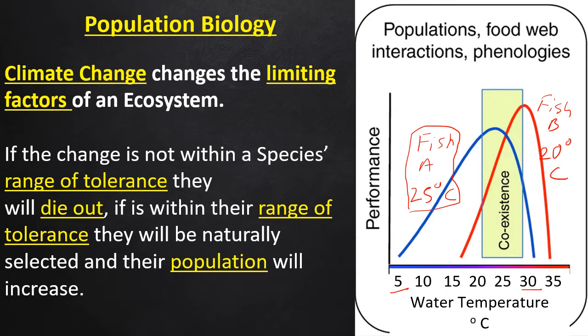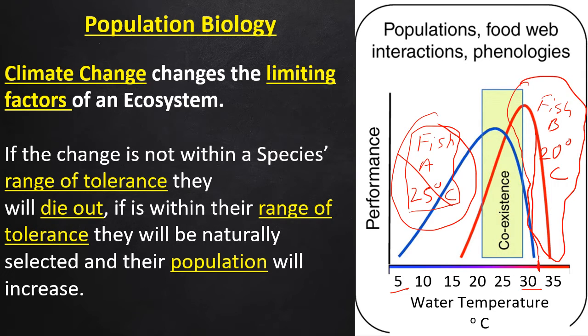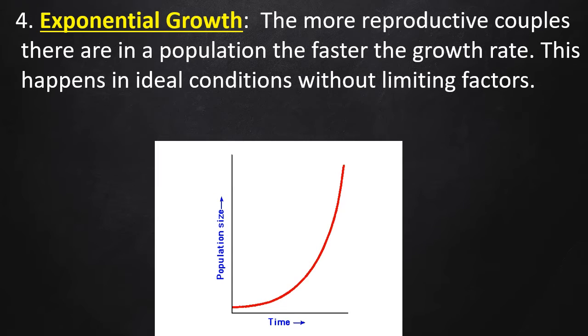But if climate change were to occur and the temperature were to rise to about here, let's say 33 degrees, that would be beyond the range of tolerance of fish A, so fish A would die out. Fish B would still be within its range of tolerance, and they would be naturally selected because of their ability to thermoregulate at a high